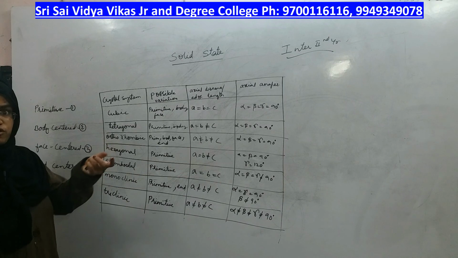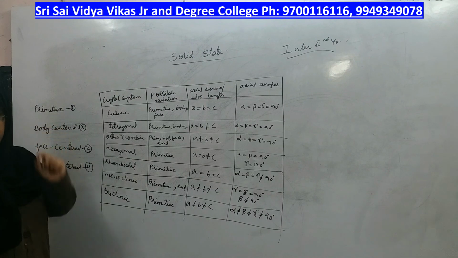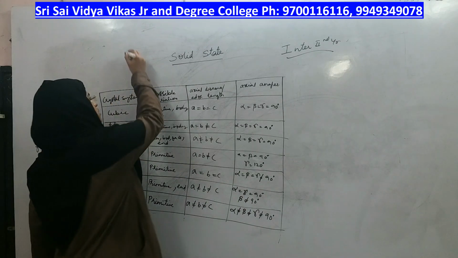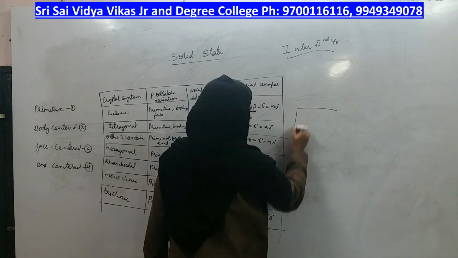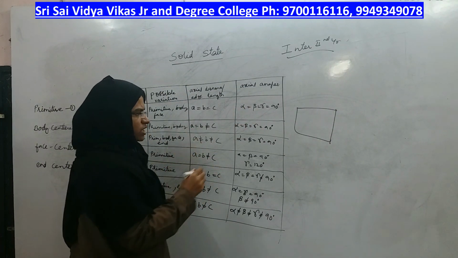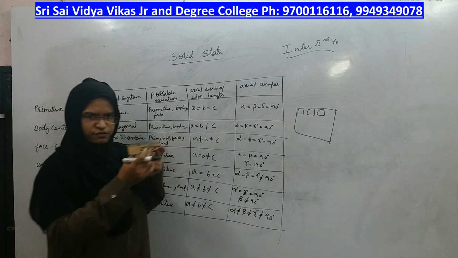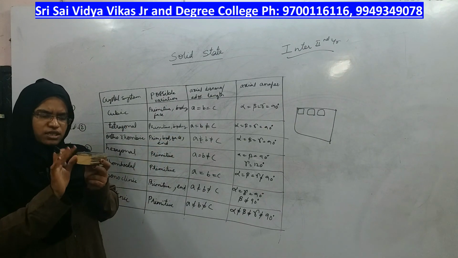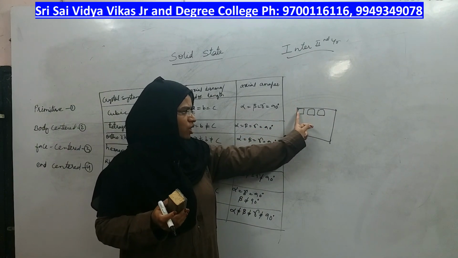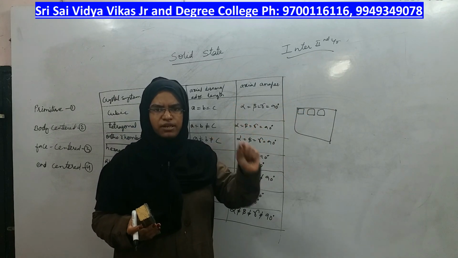Before going for the shapes in any solid crystal, how will the atoms be arranged in each unit cell, right? In every solid, there are so many unit cells. Suppose this is a piece of solid, atoms or ions or whatever it is, in the solid you will find small boxes, right? In a big piece of solid, atoms will not be arranged randomly. Atoms will be arranged in the form of a small, fundamental, smallest area, and that area has the same dimension, same width, same length, same height, right?